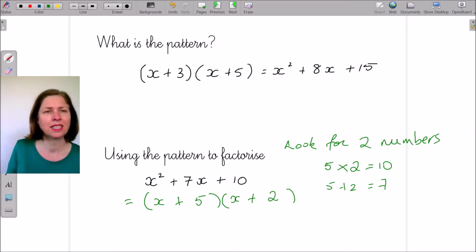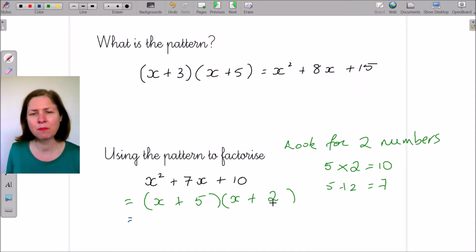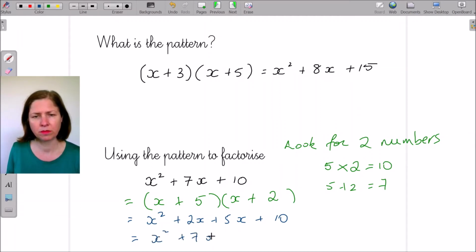It doesn't matter. Let's just check it by expanding this bracket again. Now, normally I would stop here, but I can check it. If I expand this, I should get x squared plus 7x plus 10. So I get x squared plus 2x plus 5x plus 10. Now you can see that the 10 came from the 5 times 2. And I am going to get 7x because I'm going to add 2x and 5x. So I feel confident that I've got the right